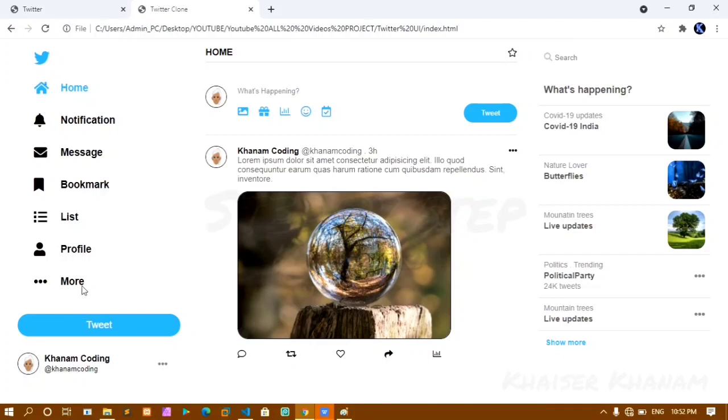You can see this is my side nav and I have this hover effect. Maybe it's not visible in the video, but if you do this project, you can see this hover effect, and I have this button, this is the middle part, and this is the right container, this is the middle one, and this is my left container. Okay, these are the icons I got from Font Awesome, and the images I got from pexels.com. You can use free images from pexels.com without any copyright issues.